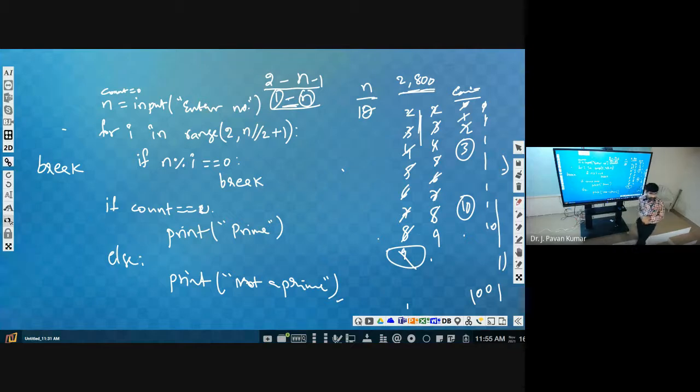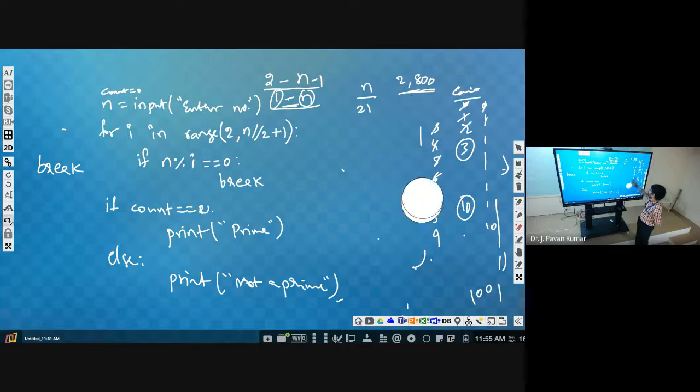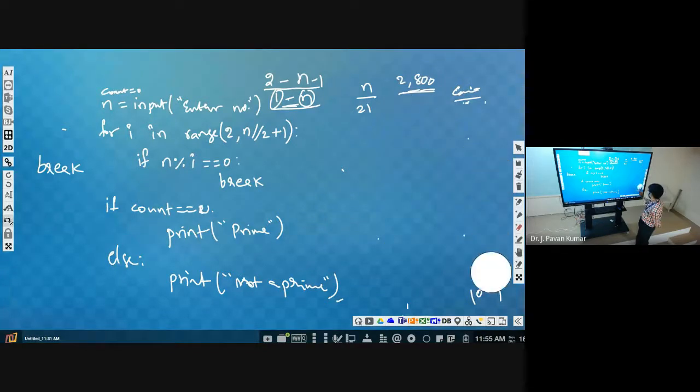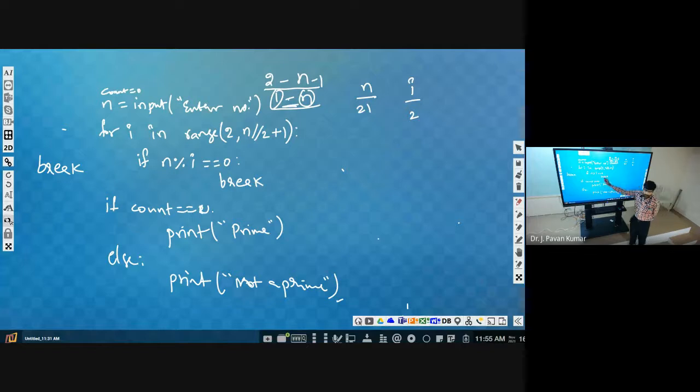Let us see how we can use it. Just here we will write break. Now let us consider, instead of this, 21. The i value starts from 2. Whether we will maintain count or not, we will see. But as of now, we require the i value to start from 2. 21 mod 2 is not equal to 0. So next the i value will be incremented, so i becomes 3. So 21 mod 3 is 0, then break.